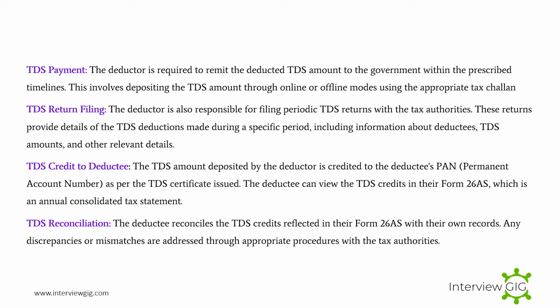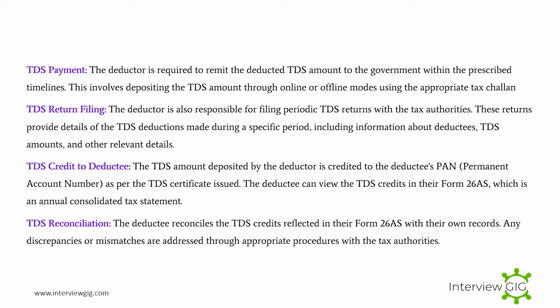TDS payment. The deductor is required to remit the deducted TDS amount to the government within the prescribed timelines. This involves depositing the TDS amount through online or offline modes using the appropriate tax challan. TDS return filing. The deductor is also responsible for filing periodic TDS returns with the tax authorities. These returns provide details of the TDS deductions made during a specific period, including information about deductees, TDS amounts, and